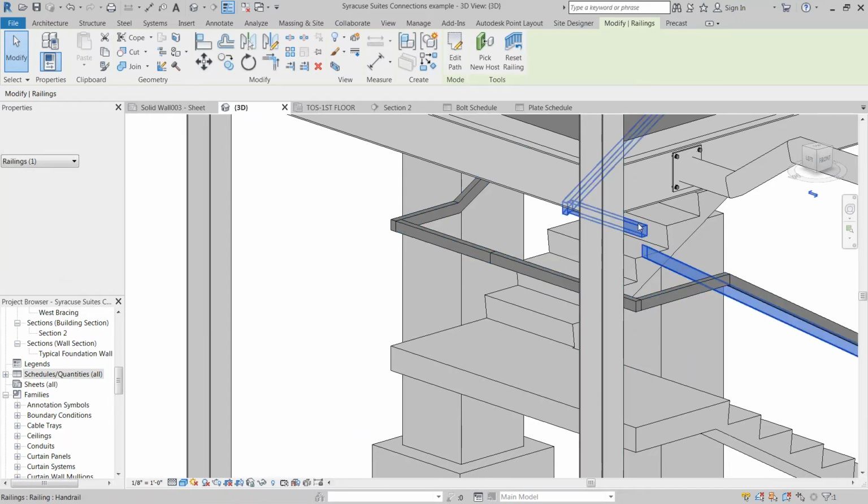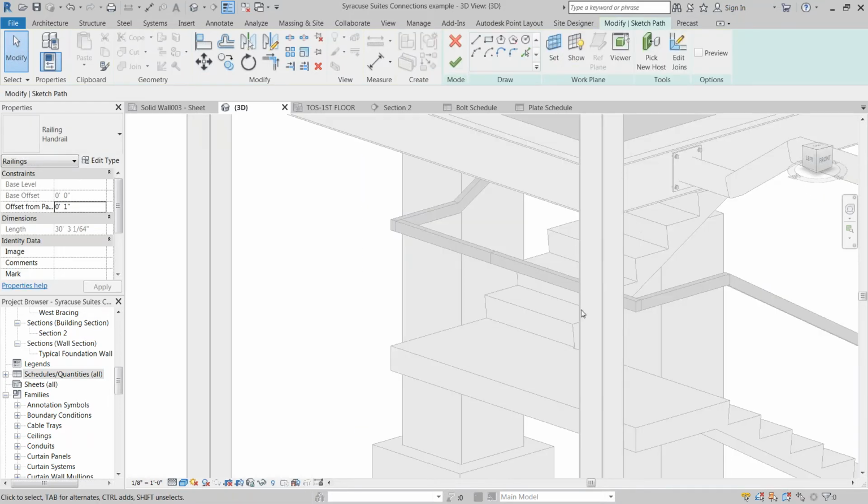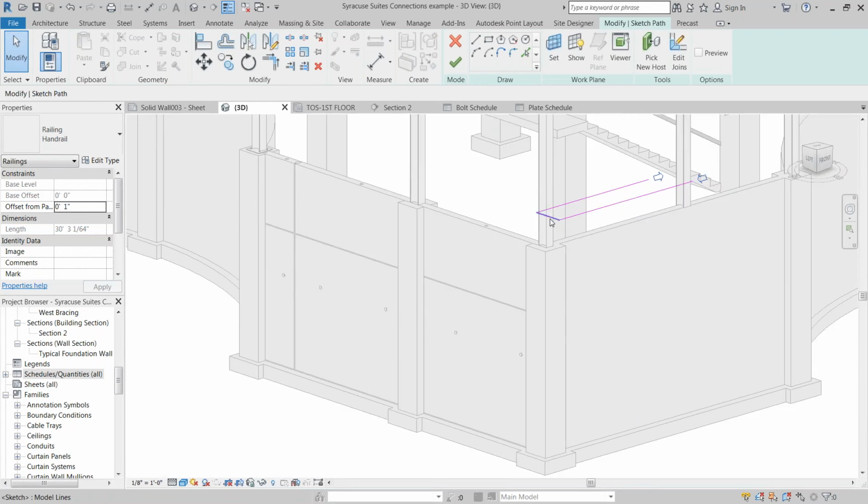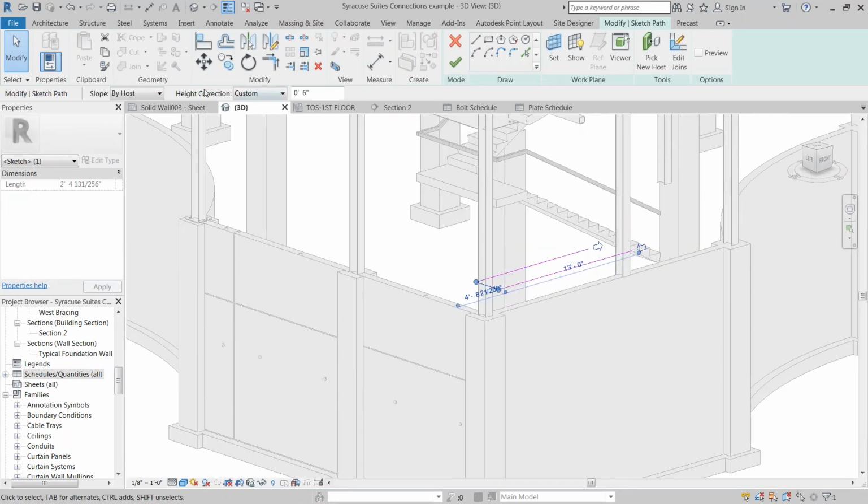Also, what's really nice is that when I get into the actual railing profile, you'll see that I can grab on this piece here and give it the slope by the host, flat or sloped, but also do an actual height correction. So they gave us either by type or custom. So when I give this a height correction,